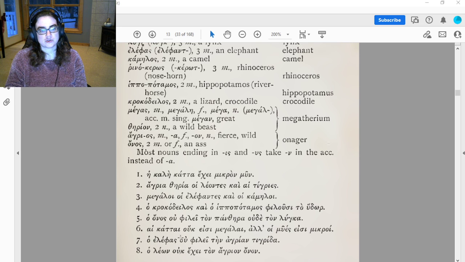Ha elephas u file ten agrian tigrida. The elephant does not love the wild tiger. Again, dinner. The panther and the lynx love the donkey, though. Very true. Ha leon eche ton agrion onon. The lion does not have